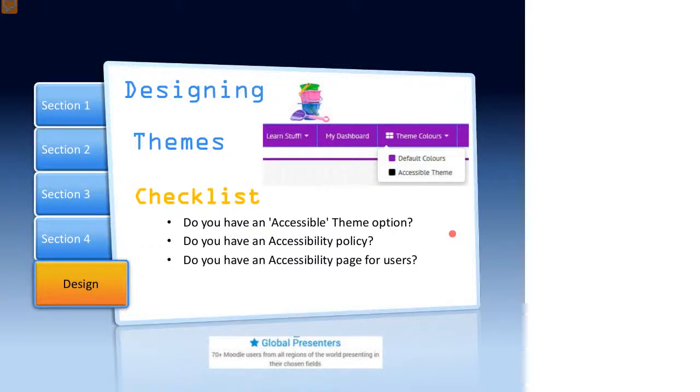Okay, well, for those of you who may be course creators or presenters within your organizations, have a chat to your Moodle admin and ask them. There is a way that they can even create a link to have on your site which will change the theme. They just need to change a setting and that enables different themes.